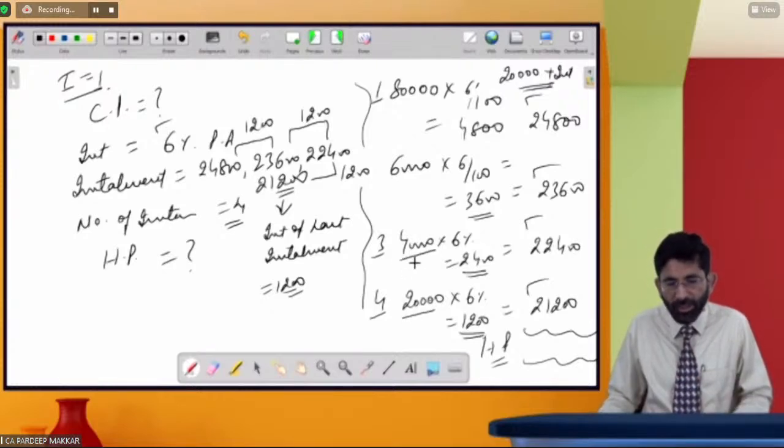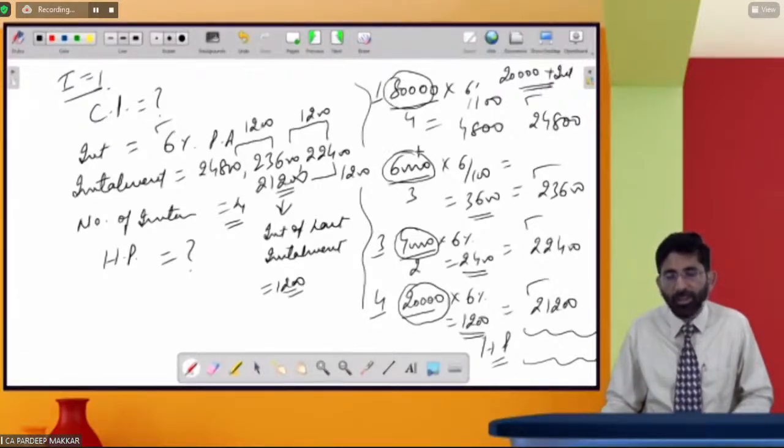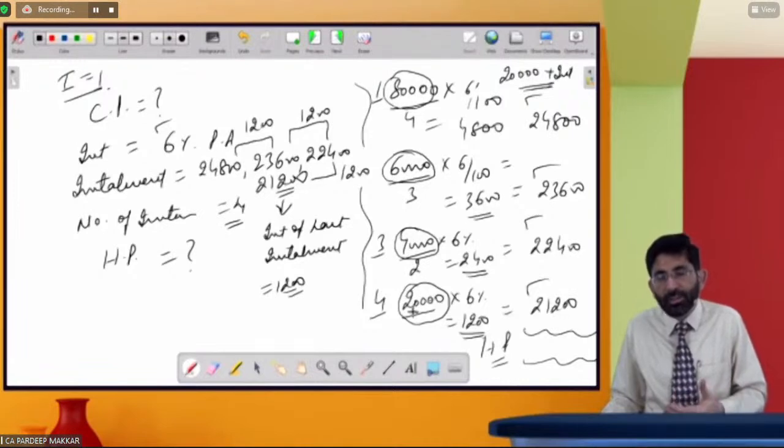आप देखो, ये 20,000 थी, ये इंस्टॉलमेंट कितने की है, ये डबल है, इससे 2 टाइम्स है। ये इंस्टॉलमेंट इससे 3 टाइम्स है, किससे, 20 से, 20 के साथ कंपेयर कर रहा हूं। और ये इंस्टॉलमेंट 4 टाइम्स है इससे। आप ध्यान दो कि ये जो इंस्टॉलमेंट है 20,000 की, ये इससे पिछले वाले में डबल है, इससे पिछले वाले में ट्रिपल है, उससे पिछले वाले में 4 टाइम्स है।